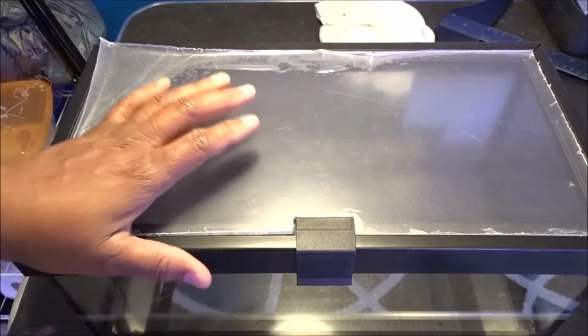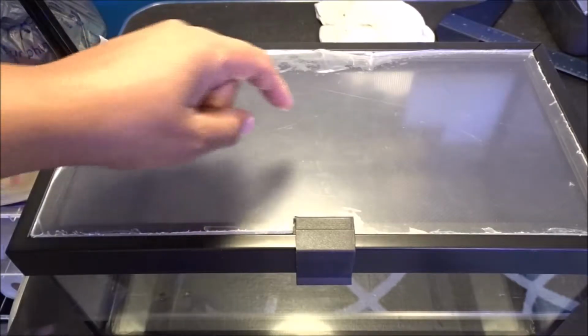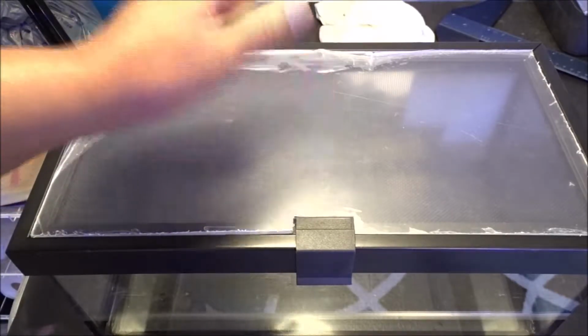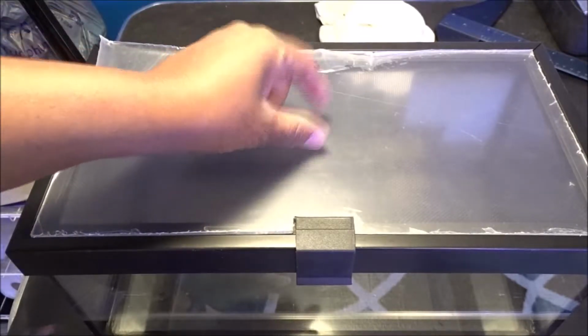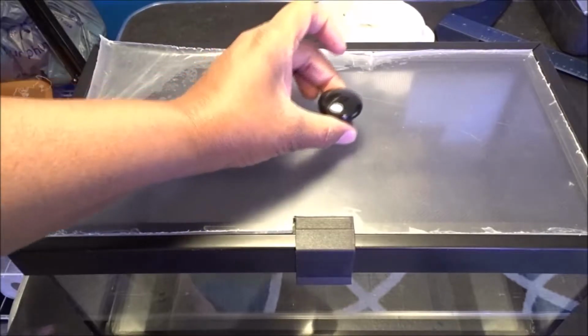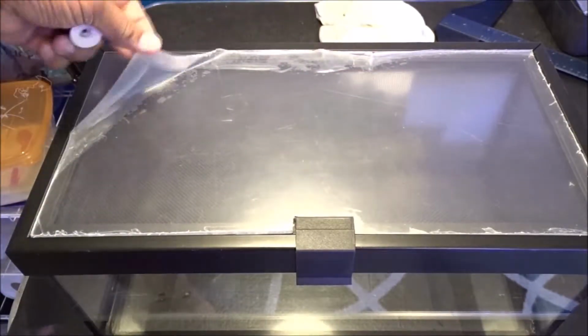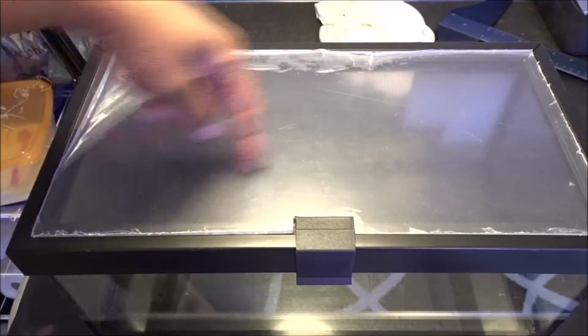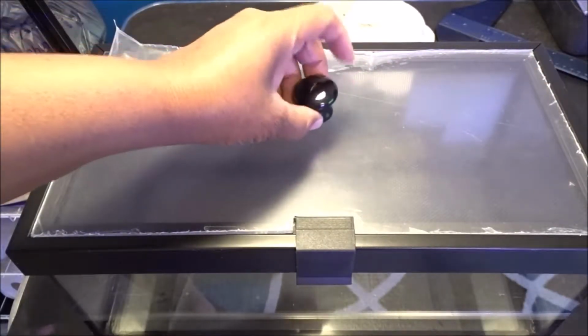All right, so my next step is to put a handle, right? I want to put a small handle in the middle. Let me show you that. This handle here, I want to put that right in the middle. And to find the center, what I'm going to do is, I still have the paper on this. I'm going to draw a line from corner to corner, and wherever that X meets, I'm going to put some